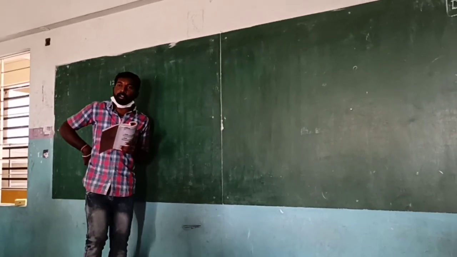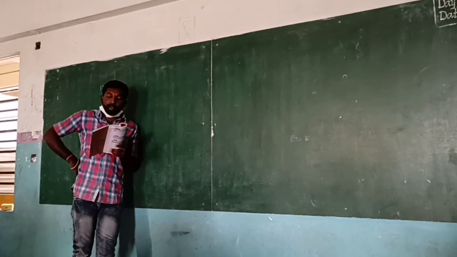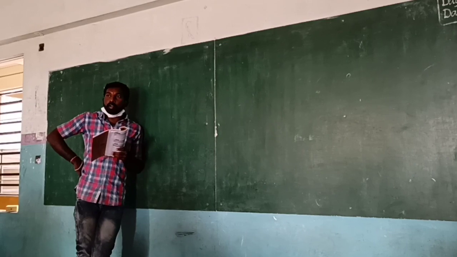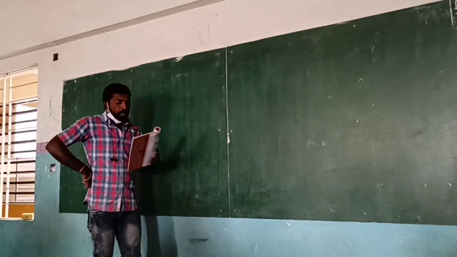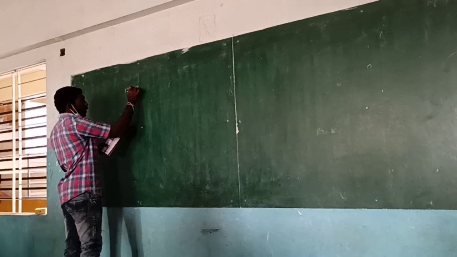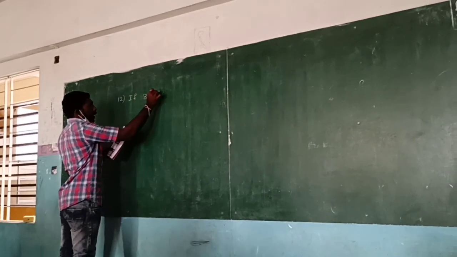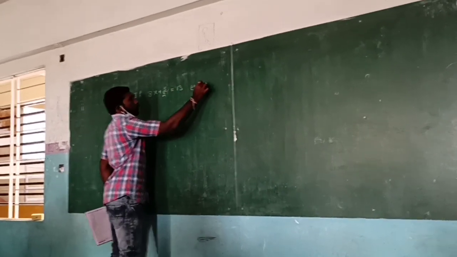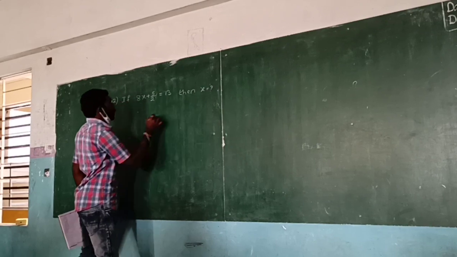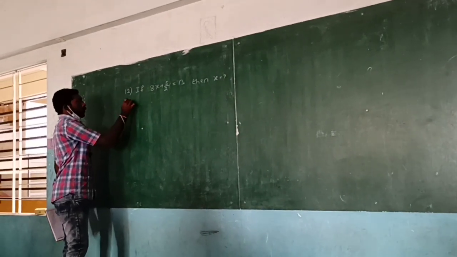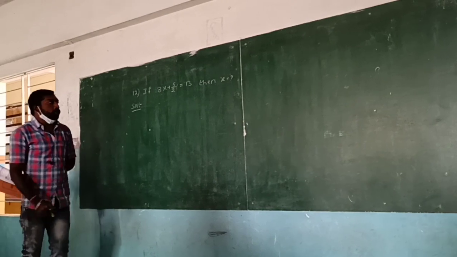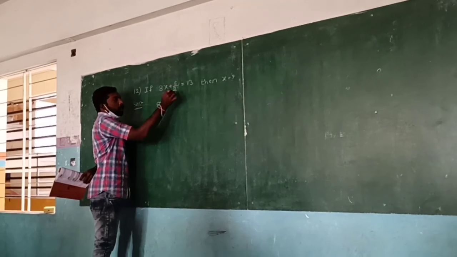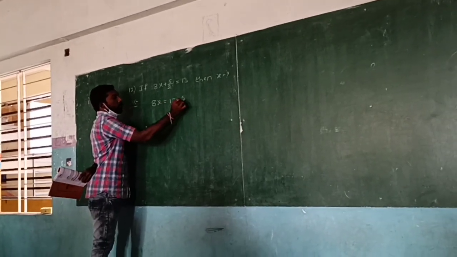11th question is homework for you. 200y minus 51 is equal to 49. Then y is equal to how much? That is the question you have to do the homework. The next, if 8x plus 5 by 2 is equal to 13, then x is equal to how much? So here what we have to do now? 8x is equal to, replace this 5 by 2 that side. 13 minus 5 by 2.